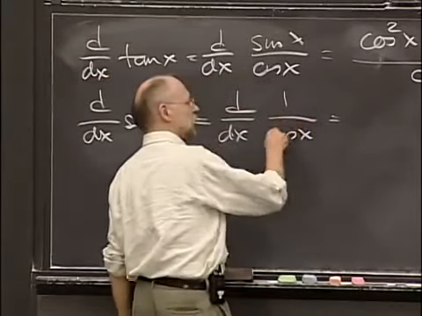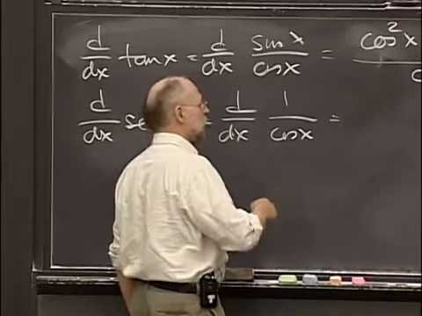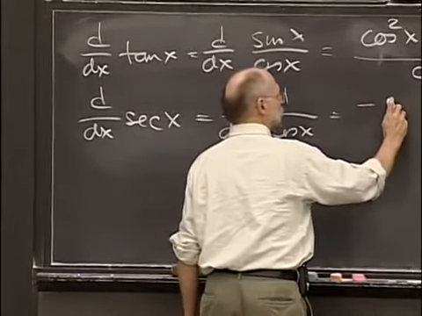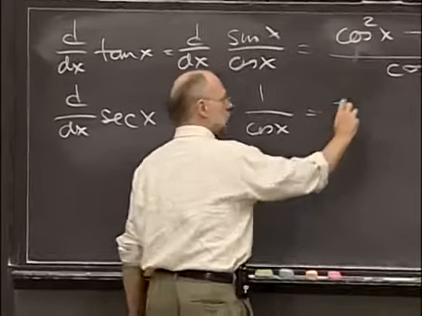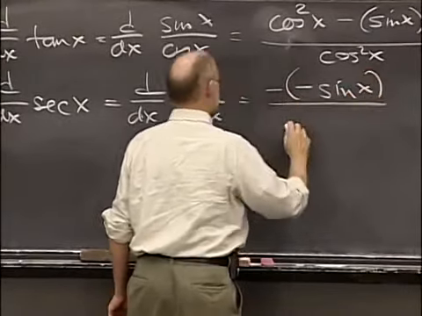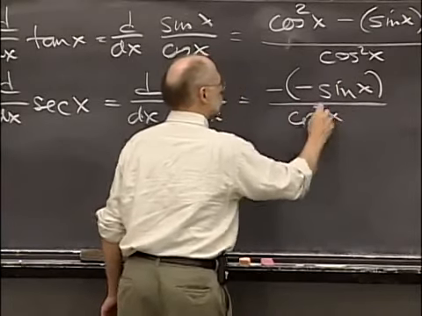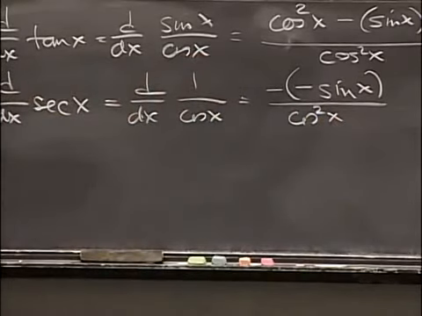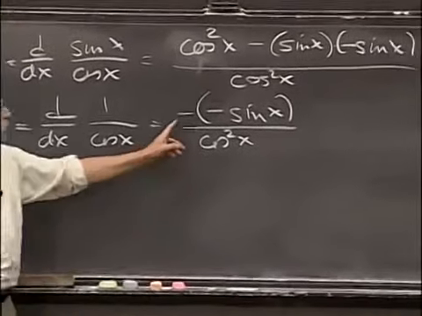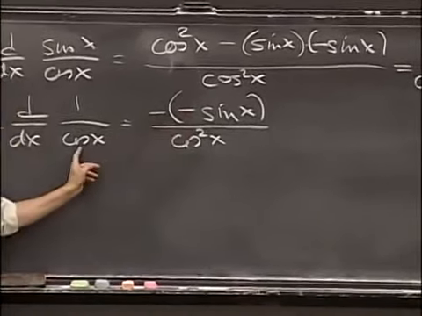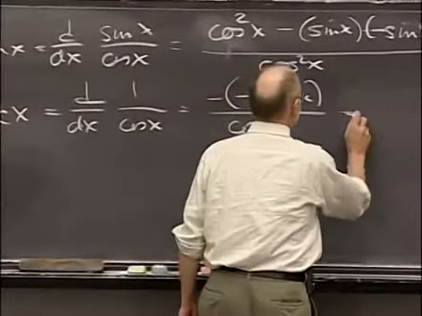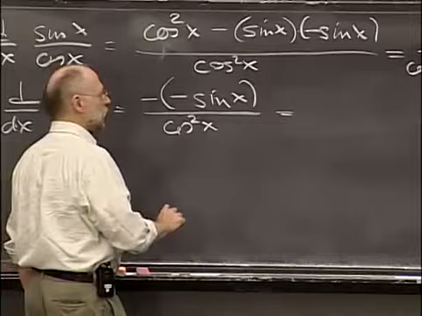So I take the derivative of the numerator, which is 0, and then I take minus the numerator times the derivative of the denominator, which is minus the sine of x, and put all that over the square of the same denominator. So the minus came from the quotient rule, and the other one came because that's the derivative of the cosine. But they cancel, and so I get sine over cosine squared,